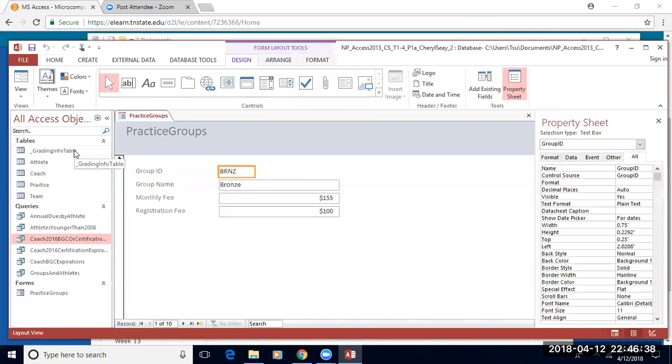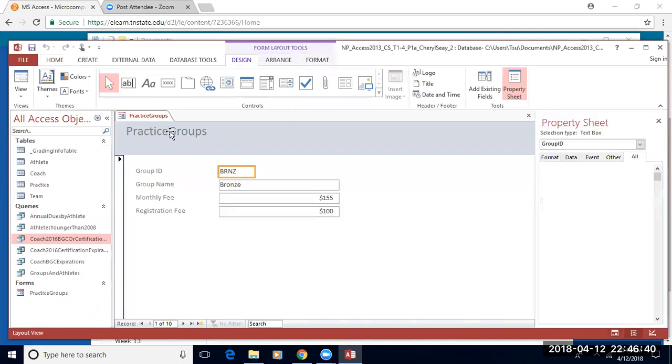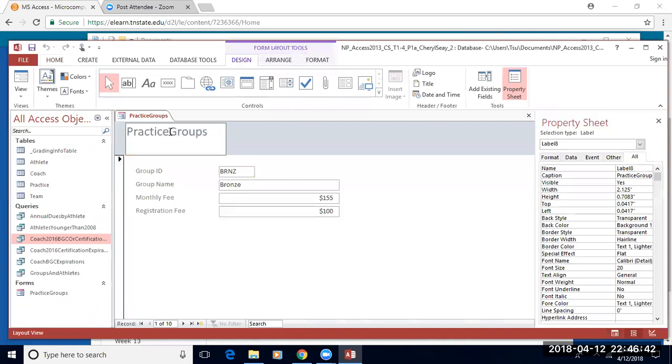So I'm changing it to the layout view. If we're going to do the first thing where it says change the form title, what you do is double click on it, it will highlight it, and then it just wants us to put a space. And then it wants us to change the font